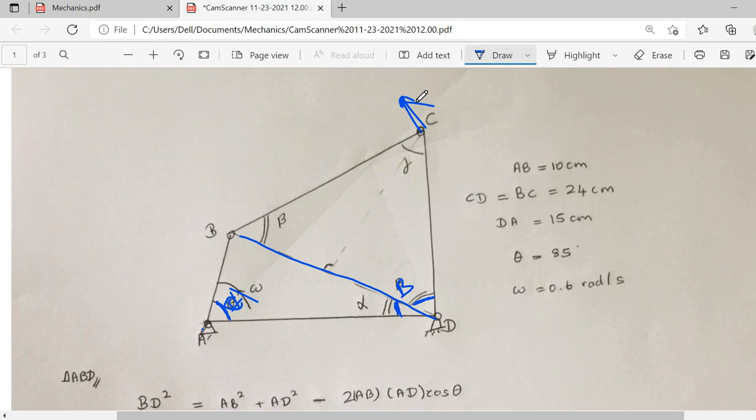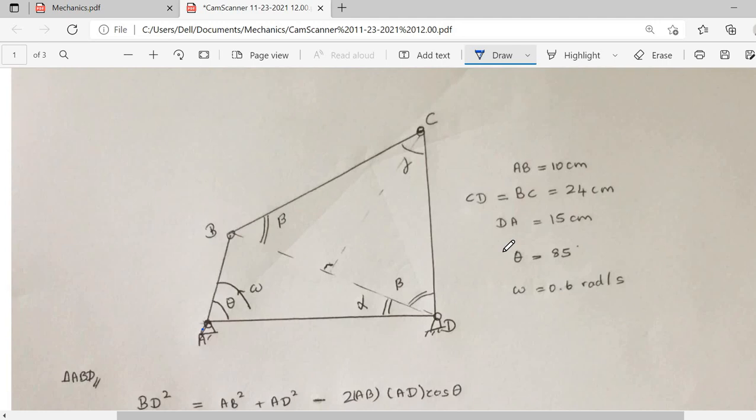When we are considering these two values, the main thing is we need to find this alpha, beta and the gamma values as well as this BD in relation to any other known values as well as the unknown value of theta. So we should be careful about that. Here we don't know the value for alpha. So the main thing is we need to find a value related to theta for the alpha. After that we need to move to beta. So there are many steps for finding these angles.